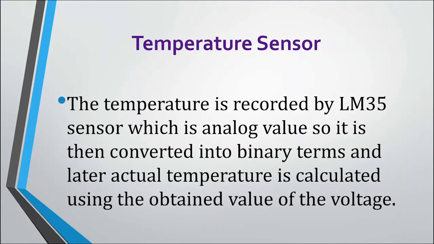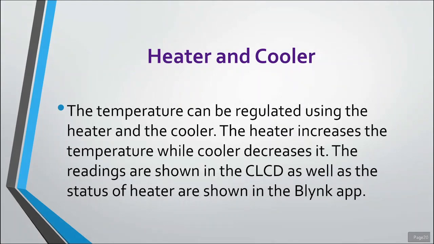The temperature sensor used is the LM35 sensor, which gives an analog value, so it should be converted into a digital value in terms of binary, so that the actual temperature is calculated using the value of the voltage. Here we implement a heater and a cooler. The temperature can be regulated using the heater and the cooler. The heater increases the temperature while the cooler decreases it, and the readings are shown in the CLCD as well